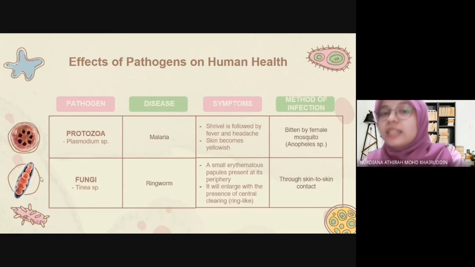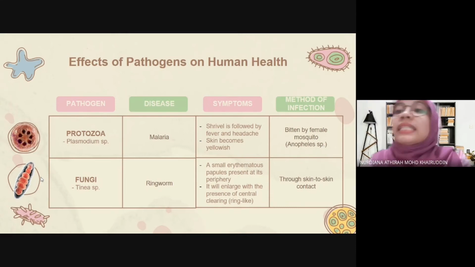Next pathogen, it is protozoa. It can cause disease malaria. The symptom is shivering and then followed by the fever and also headache. And then the skin will become yellowish. The method of infection, it will be bitten by female mosquito. And then the last one is